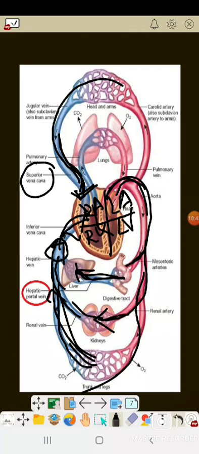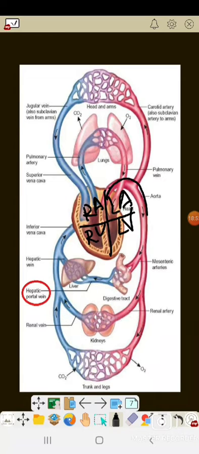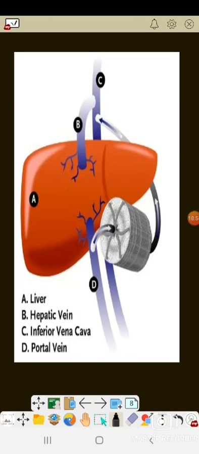Then it leaves to the aorta. Then this cycle will go on continuing. So finally here you can locate